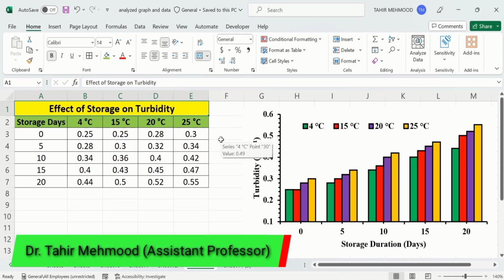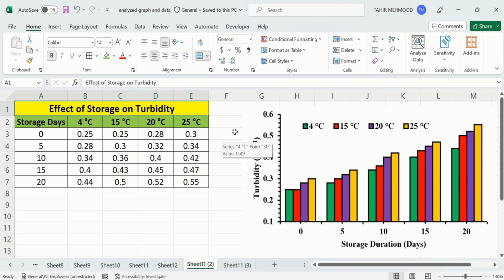In this video, you will learn how to generate a clustered column chart or clustered bar chart in Microsoft Excel. Currently, you can see here I have generated this clustered column chart using this set of data. It is the data about the effect of storage on turbidity. The first column shows the storage days, while the remaining columns show the effect of different temperatures on the turbidity value